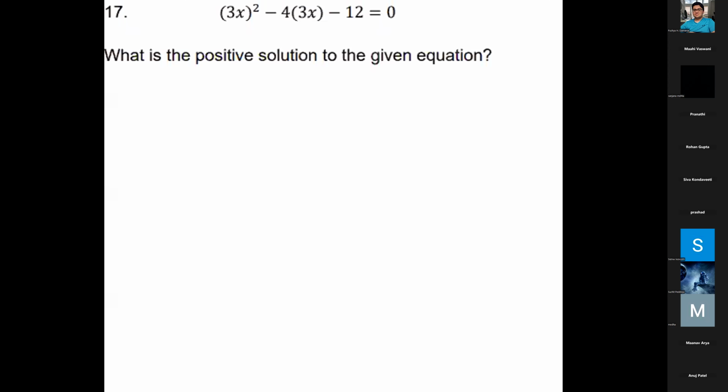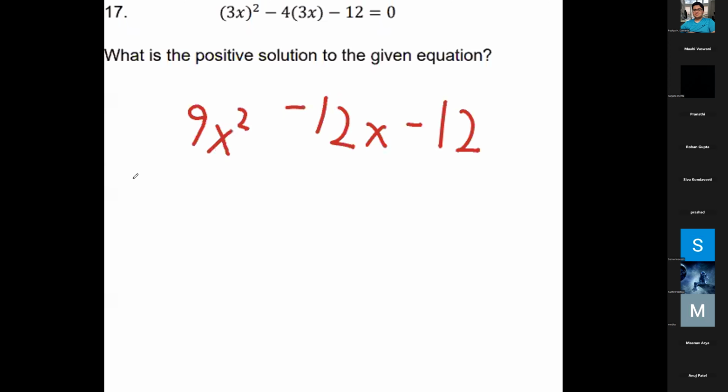Okay, so for this one, what is the positive solution to the given equation? Well, first, let's turn this into an actual quadratic equation. So 3x in parentheses squared would be 3 squared, which is 9x squared. 9x squared minus 4 times 3 is 12x minus 12 is equal to 0. Now we just have to solve out this quadratic. You could just use the quadratic formula, but I'm going to solve this out